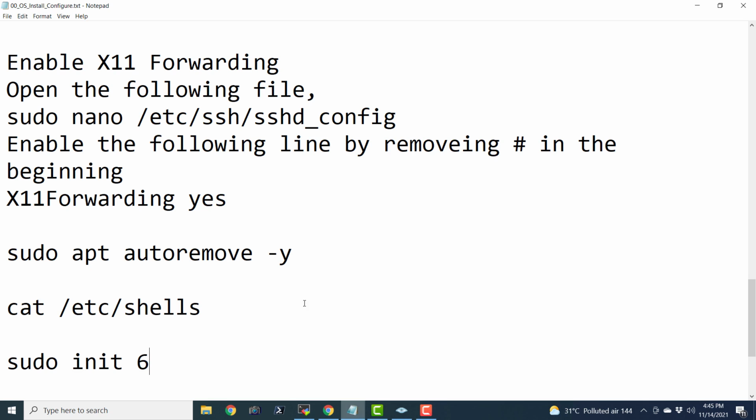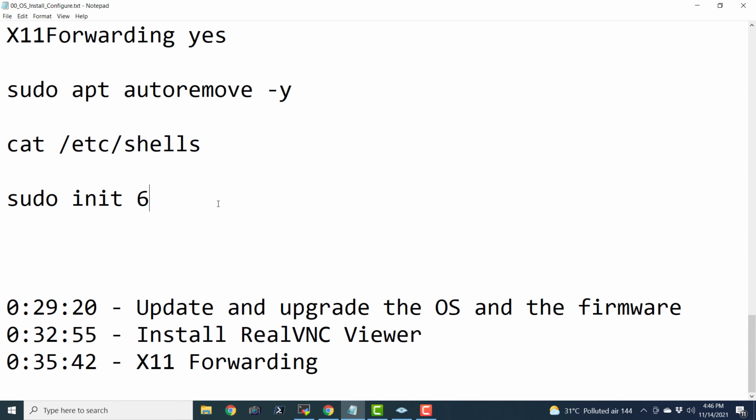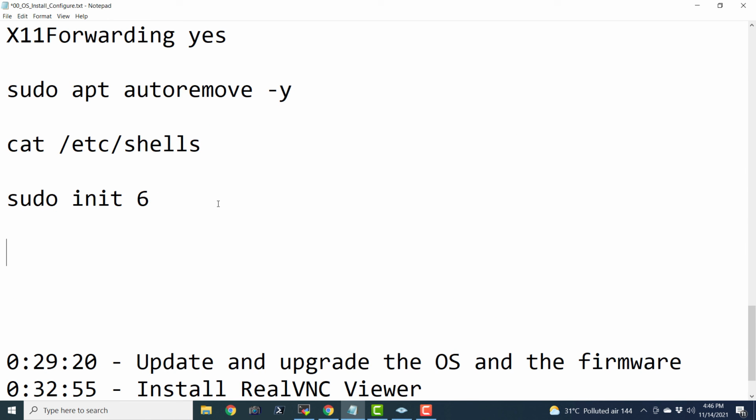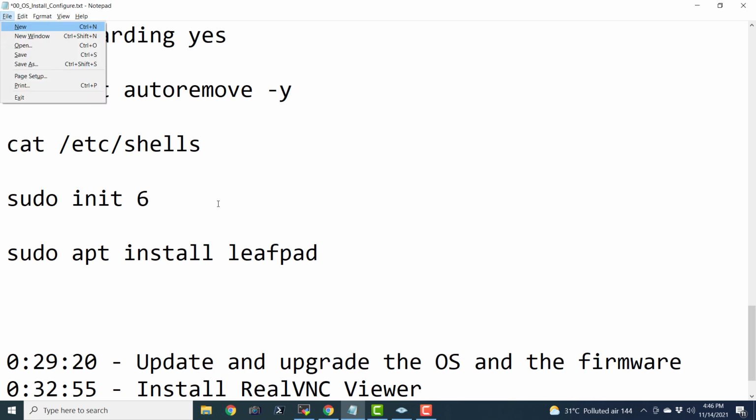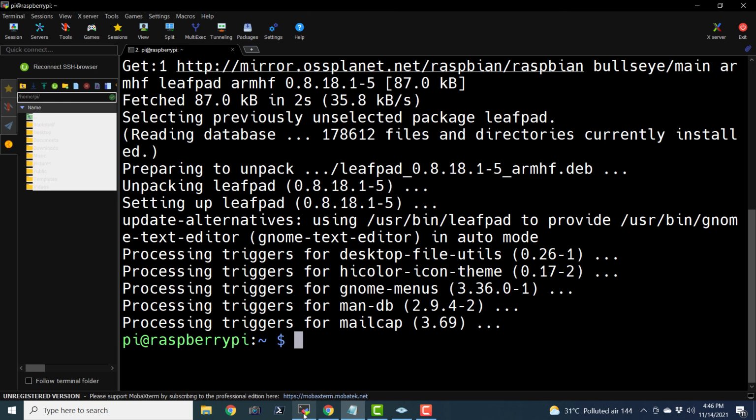And I'm just going to mention that here, after init 6, I have installed sudo apt install LeafPad. It is a simple text editor, much like Notepad in Windows. The only thing is that it is free. So it has installed LeafPad. So I'm going to say LeafPad and